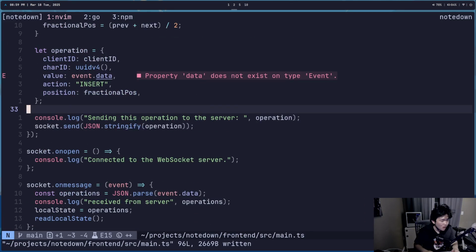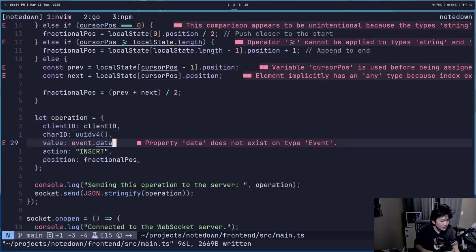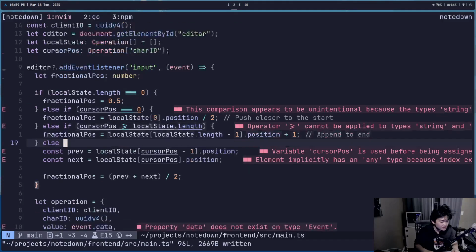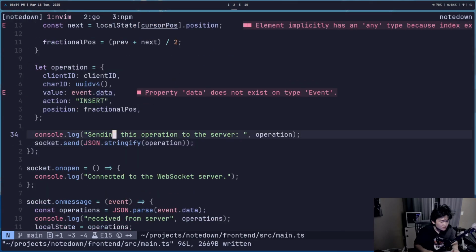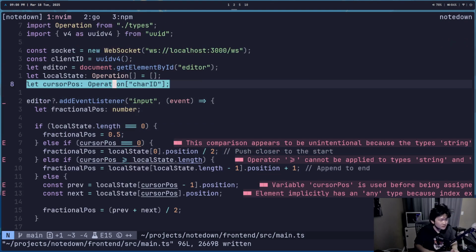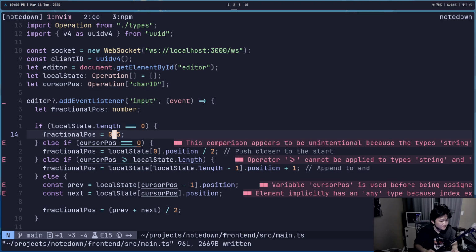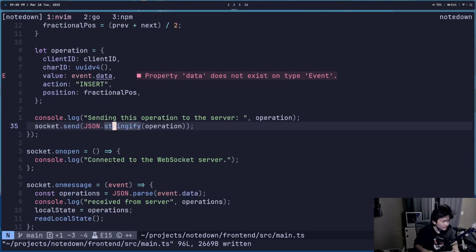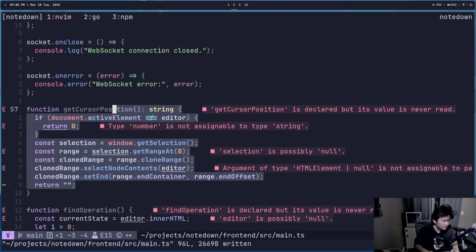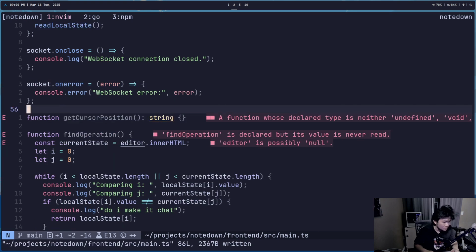I think I understand. It's because I'm not calling the read listener on the input listener. Okay. Let me fix this first. Let me fix this cursor position. Right. So let's do get cursor position. This is going to be a lot simpler. Why? Because